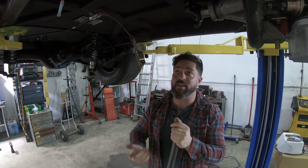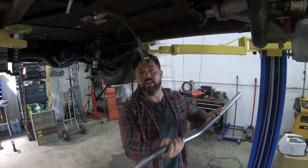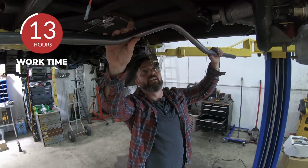So this is gonna be a matter of just cutting it, putting the bottom of the frame, welding it in, and making our bottom loop tab into this so we can remove it later on in life when you wanna get the drive shaft in and out. It shouldn't be a problem anyway, but I just wanna have that ability to